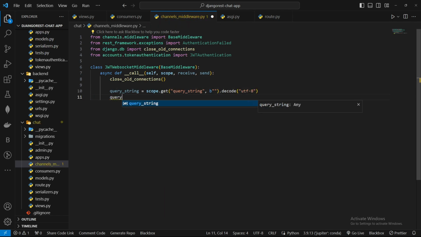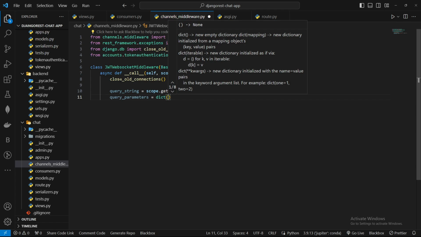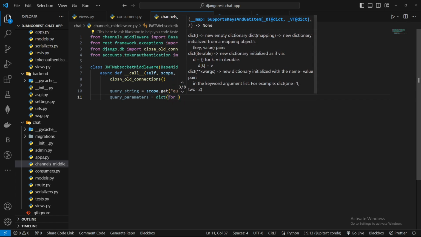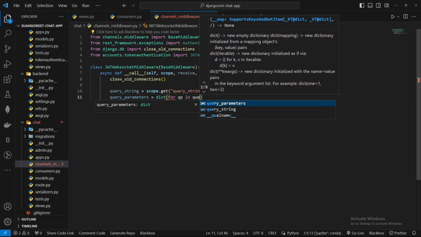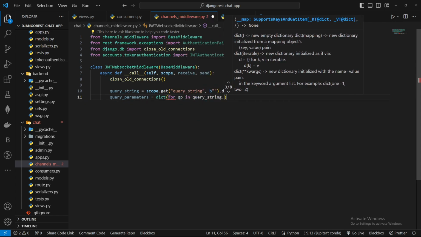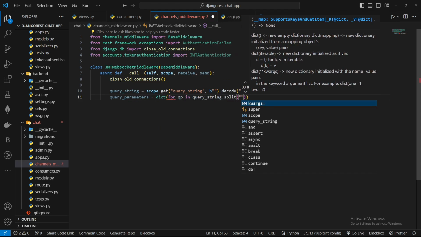Then we can get all the query parameters. So we can say query_parameters. This will be a dictionary, built with a dictionary comprehension: for qp in query_string.split, and we have to split through